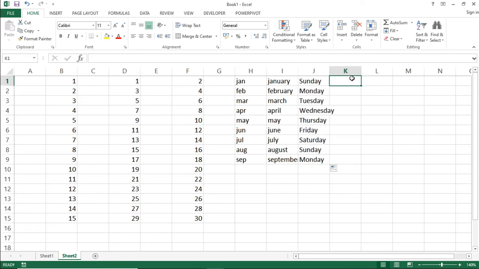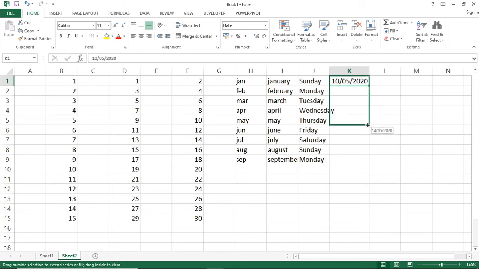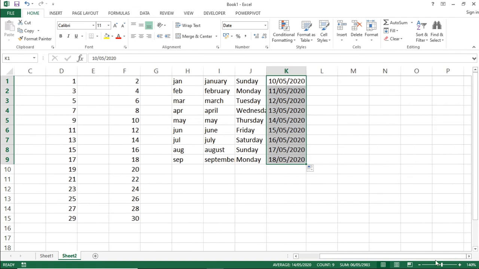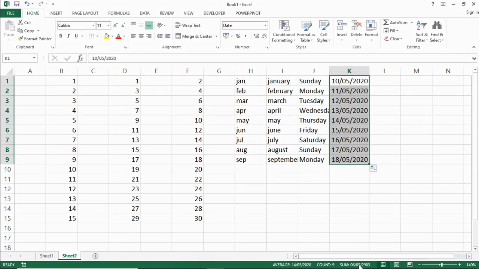If you are having some month name, or some particular date, you can use the fill series. So this is how the fill series works. At a later stage, we can also see how we can copy the formula.